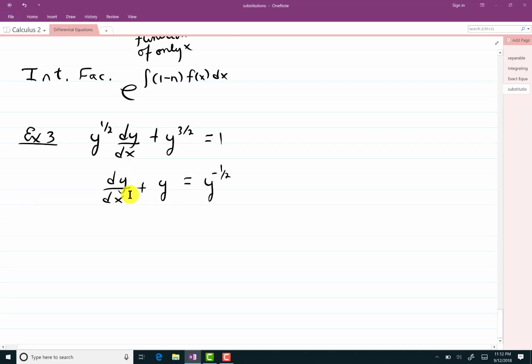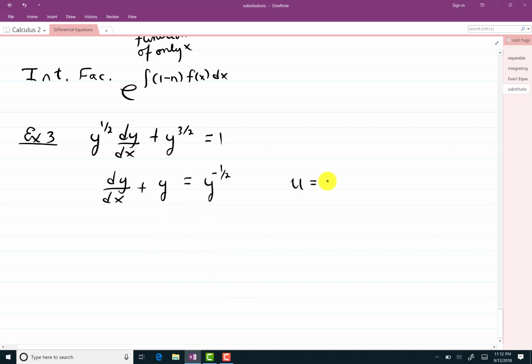Now, I could take this y over there and possibly work with it and have a separable equation, but to illustrate the method, which will work for more than just those that are separable, we could do